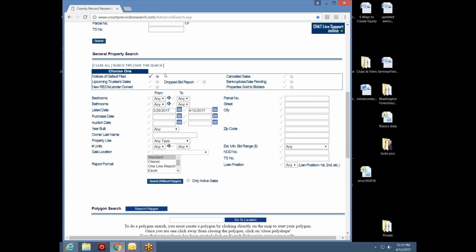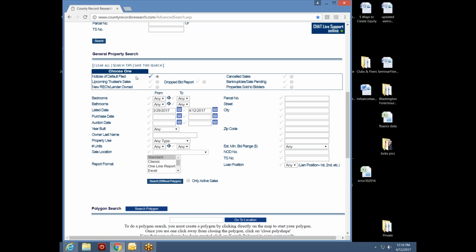These are properties where the notice of default has just been issued. Some people refer to this as pre-foreclosure, but that's a misnomer. If a notice of default has been issued, the property is in default. It is in foreclosure. Now, the notice of default precedes a notice of trustee's sale by approximately 3 months. Now, that's a minimum. Sometimes it's 6 months, sometimes it could be over a year. The lender has to wait at least 3 months, though, before they can issue the sale notice scheduling an auction.